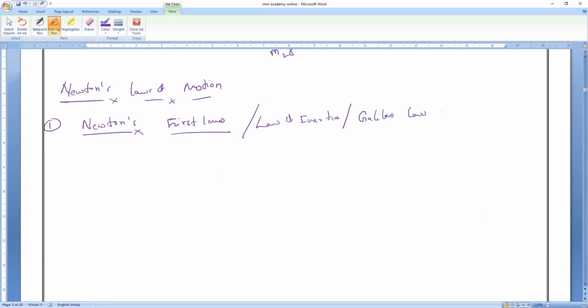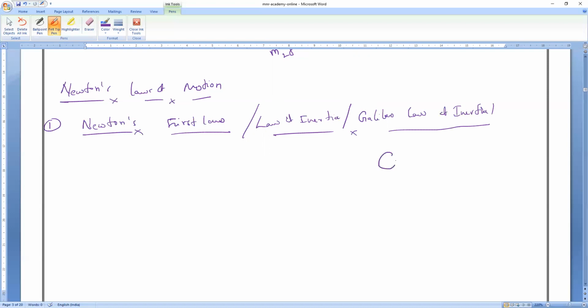Galileo's law of inertia. So all these things are the same name. Newton's, what is that law, everybody? Newton's first law. So keep it in mind, Newton's first law means, let us go back to the 9th class and remember,